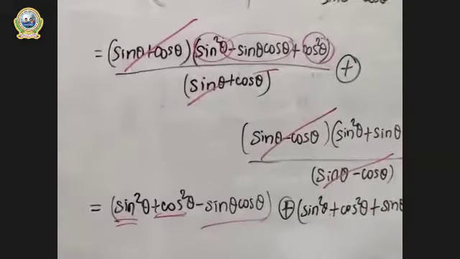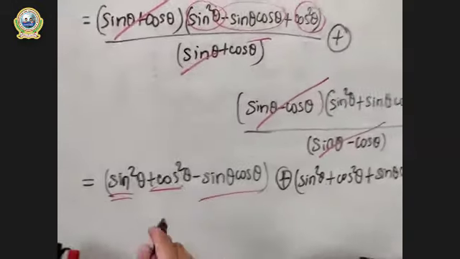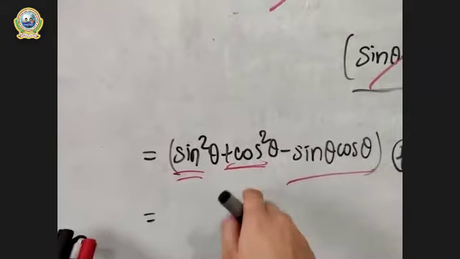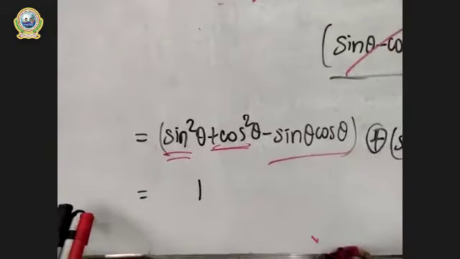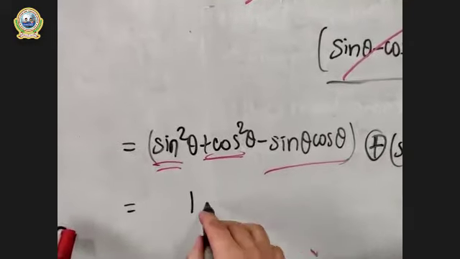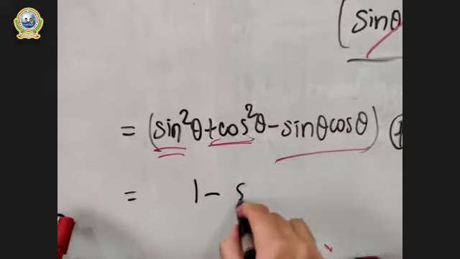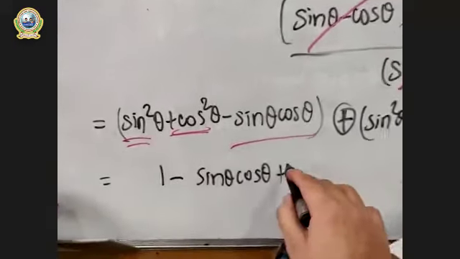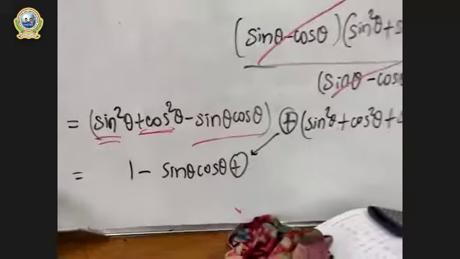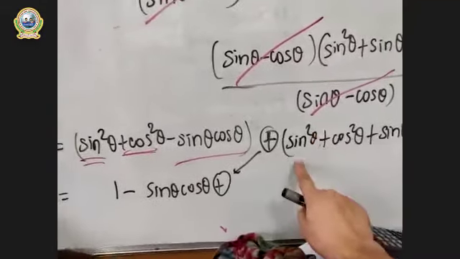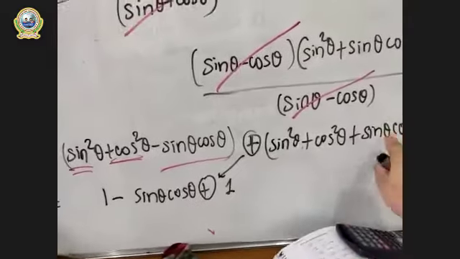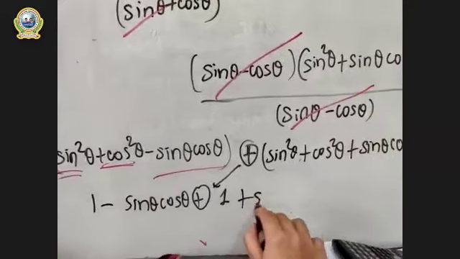Now you might wonder why I am doing like this, because it fits into the formula. Look at here, sine square plus cos square will be straight 1, right? It will be 1 because this is our standard formula, and minus is as it is, and sine theta cos theta has been written as it is, and this plus is the plus sign of the middle part, right? Even here, sine square plus cos square will result to 1, right? And the next part is plus sine theta cos theta.